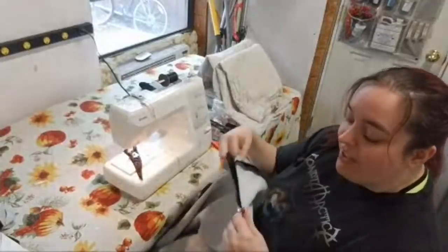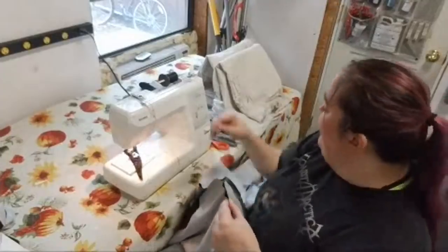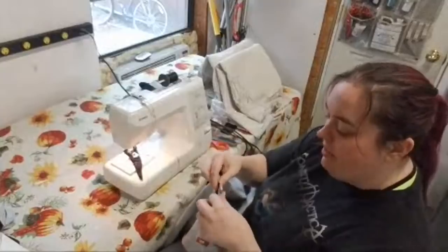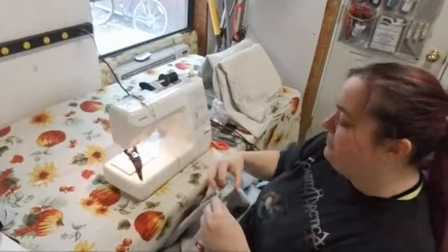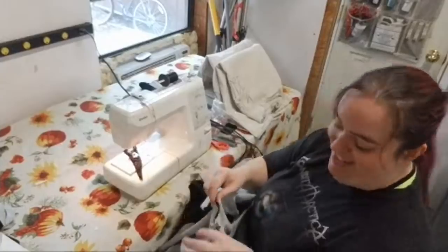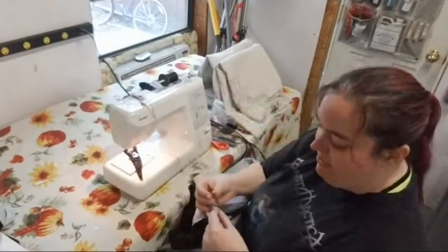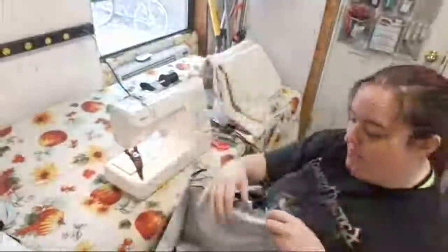But on anything that's curved, like the sides, I won't pin. I'll just line it up at one end and hope for the best. But on anything that's got a curve on it that needs to meet at the ends at least a little bit close to appropriately so it'll lie nice, I want to go ahead and pin it. When I make monster costumes, it looks like monsters made them, which can be a perk. Sure. But not always. And I'm not crazy anal retentive as a seamstress, but I do like to at least have my curved stuff lined up. And when you're dealing with a curved hem piece, I don't know if you can see this,